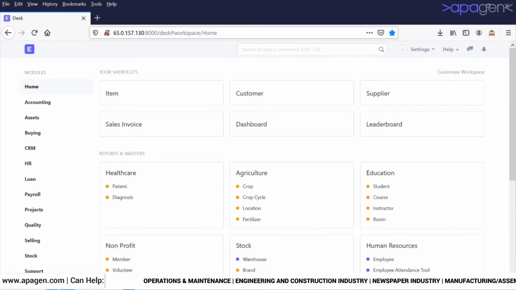Everybody. Today we are going to see how to create and manage item master in ERPNext. As you can see on the home screen, we have different shortcuts available for items, customers, and so on, and you can create other shortcuts as well. We have an option to create an item from here and manage it as well. Along with this, the window is also available in sales, inventory, and purchase respectively. We'll use this shortcut to go ahead.